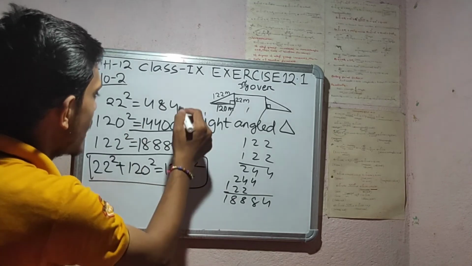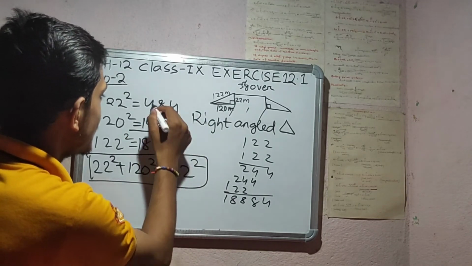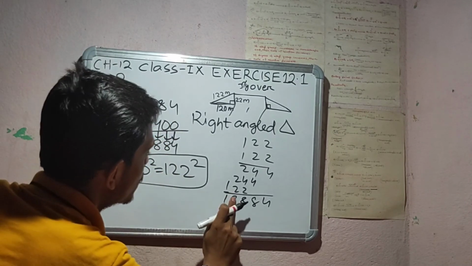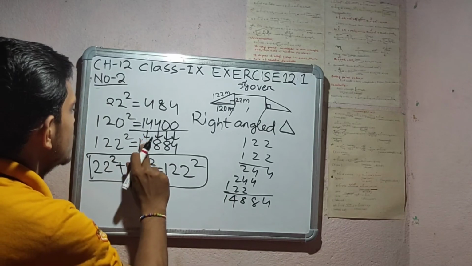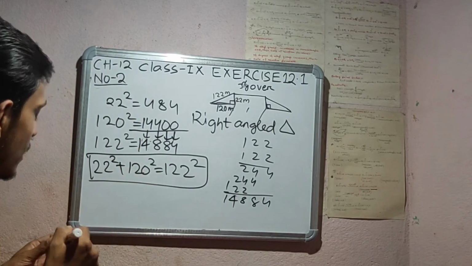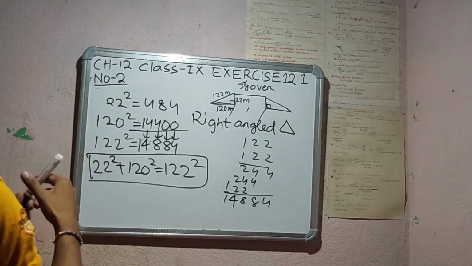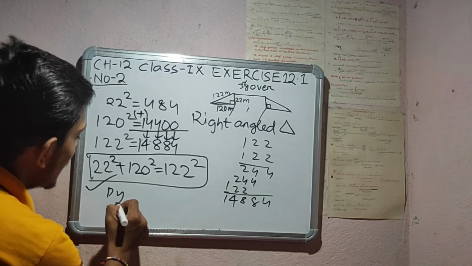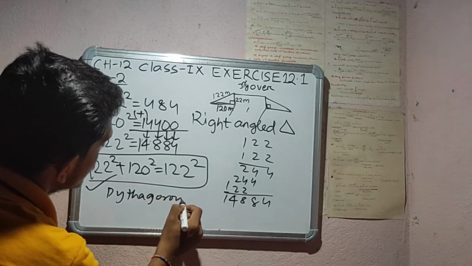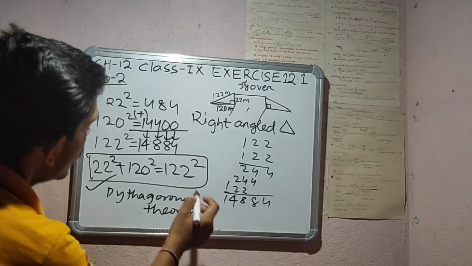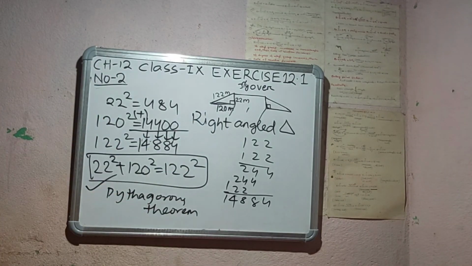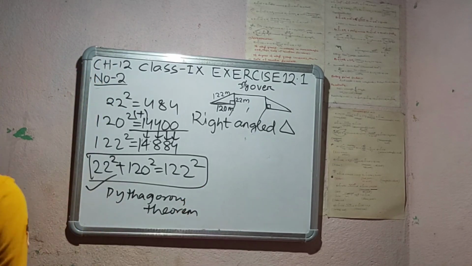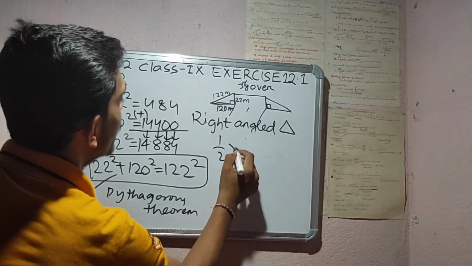If you add this, you get, that is 4 and 4 is 8, and this. Okay. So this is 4, this is 4. Okay. So you can also get this. You can add it. So this is the formula, that is the Pythagoras theorem. So you can easily recognize that this is a right angle triangle, and according to the area of a right angle triangle, you can find the area, that is half base into height.